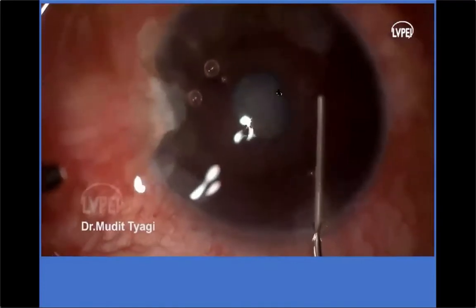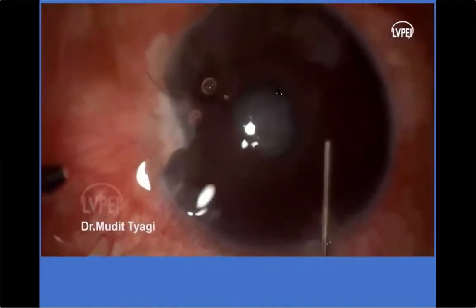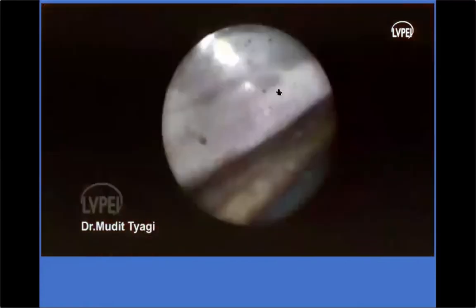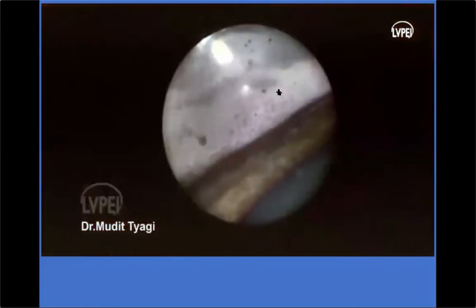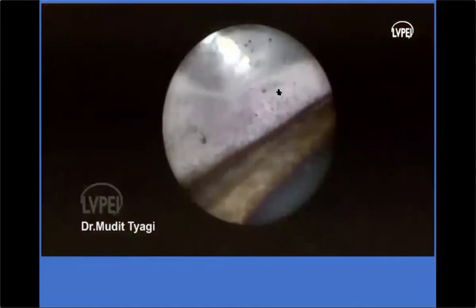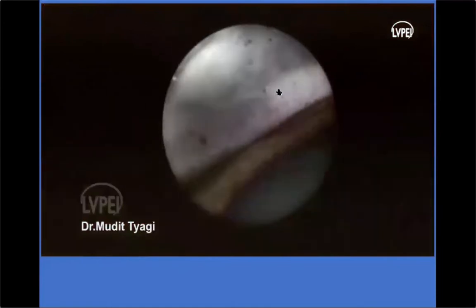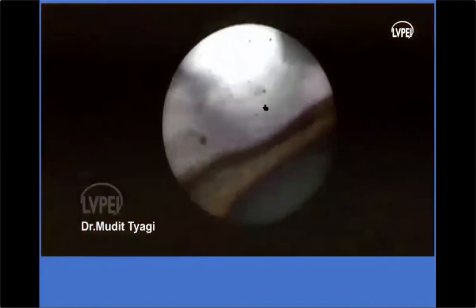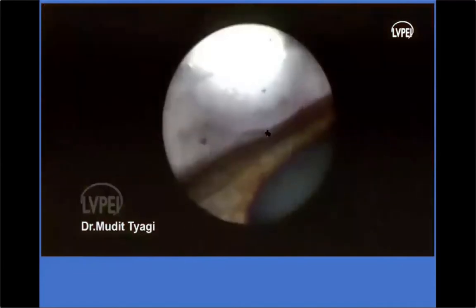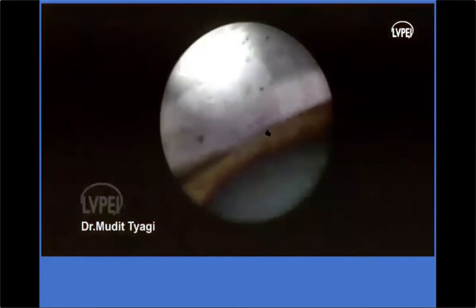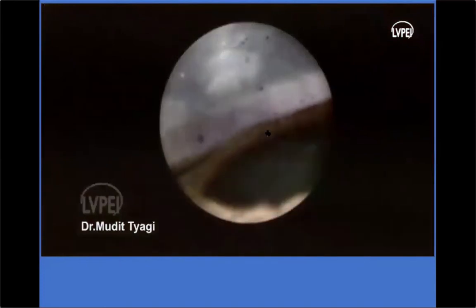Once again, viscoelastic was inserted in the eye so as to deepen the anterior chamber, and the endoscope was reinserted to visualize the anterior chamber and to see if there is any other small foreign body or any residual bee sting still left inside. So over here you can visualize clearly the angle of the eye, and the eye is being depressed anteriorly with a cotton bud, just to check for any peripheral missed out bee sting or any small foreign body over here. So with the help of an endoscope, the entire anterior chamber can be nicely visualized.